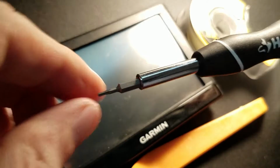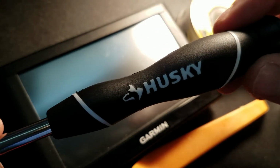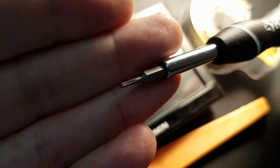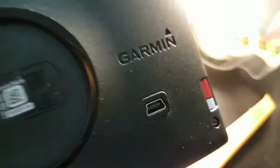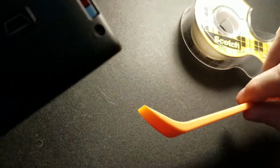This is from Home Depot if you want it. It's a multi-bit cheap thing. It's like $7, and if I didn't say it already, this is a T5 size to fit the Torx screws on the back, which is on the vast majority of Garmin nuvis and Drive Smarts. So, okay, the nuvi, we got a pry tool to get the thing apart. We have